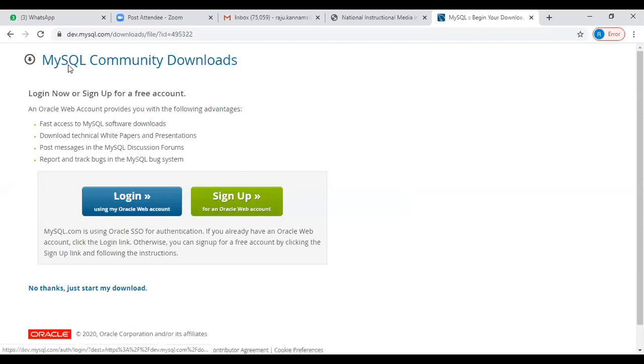it will ask for your login. You have to log into your Oracle account. If you don't have an Oracle account, you just sign up, and if you have one, just click on that.